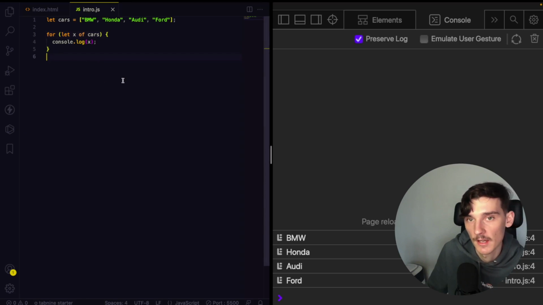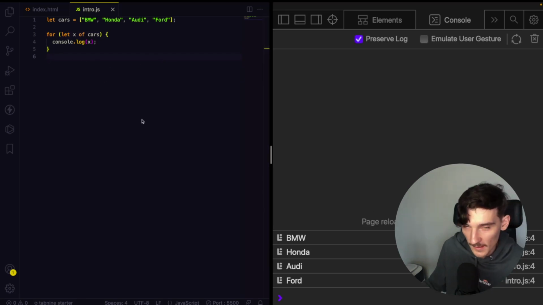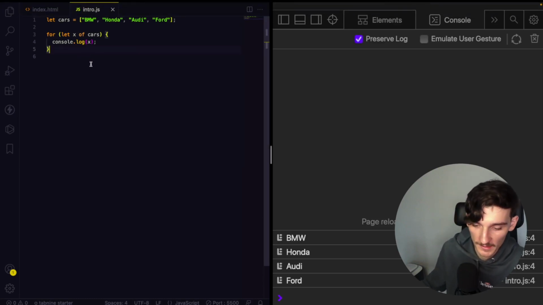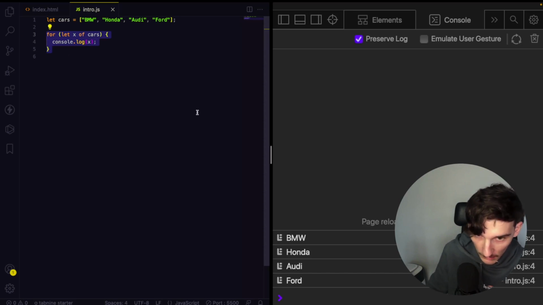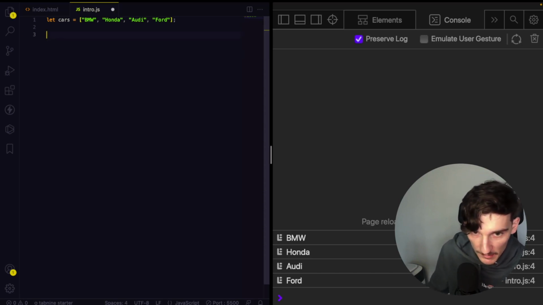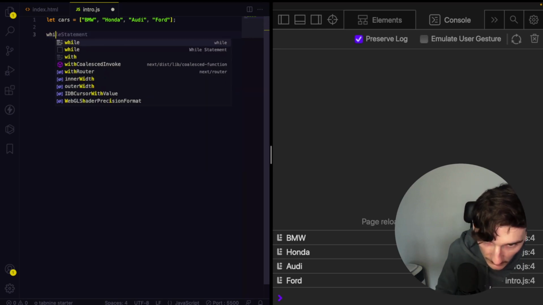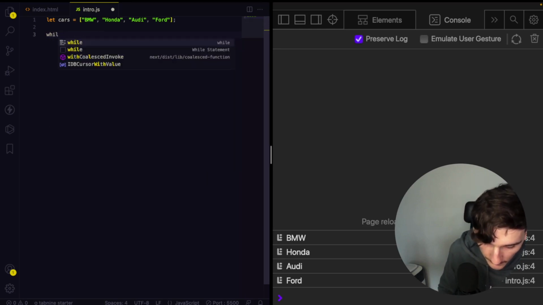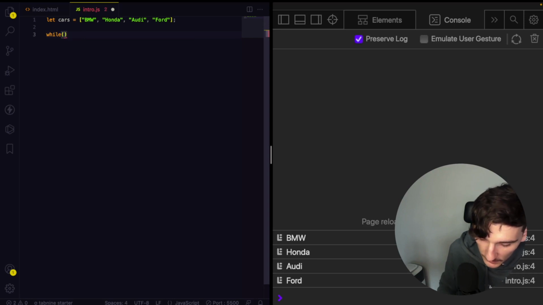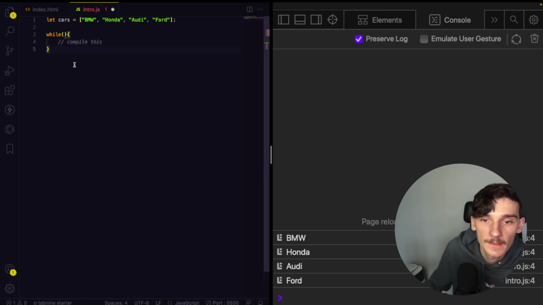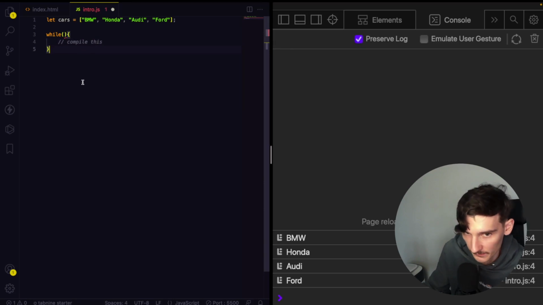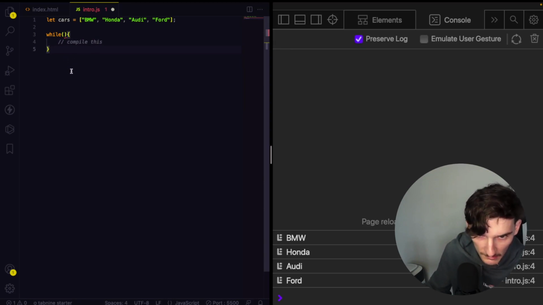And we are going to the while loops and do while. The next method of achieving the loop is called while and do while. I will show you on that. And maybe we will start with while. So while some condition is true, compile this. And I have to pass there some condition, and maybe I will do it with simple while true,